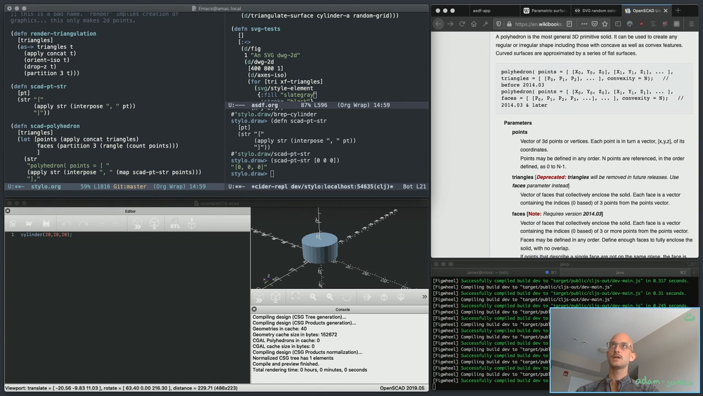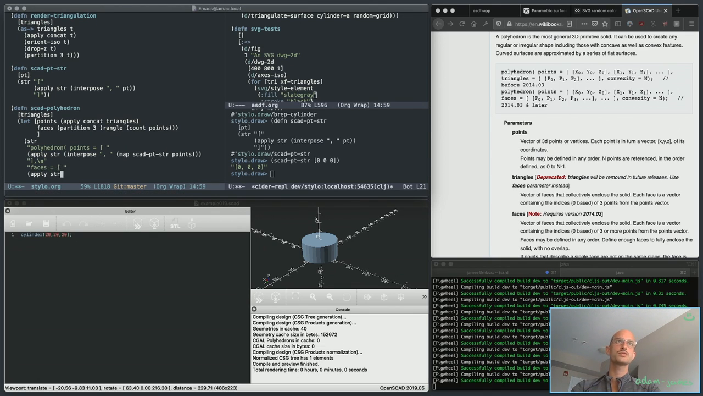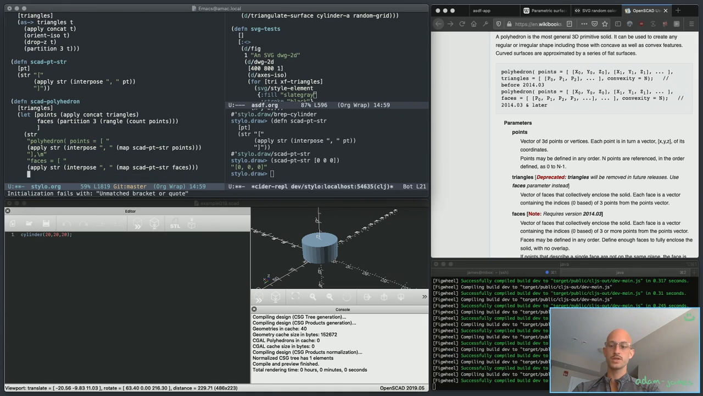you do new line here, and then you do faces equals open bracket. And then here you just do apply string to interpose that with map scad point string to faces. Then you end that with faces is going to end with